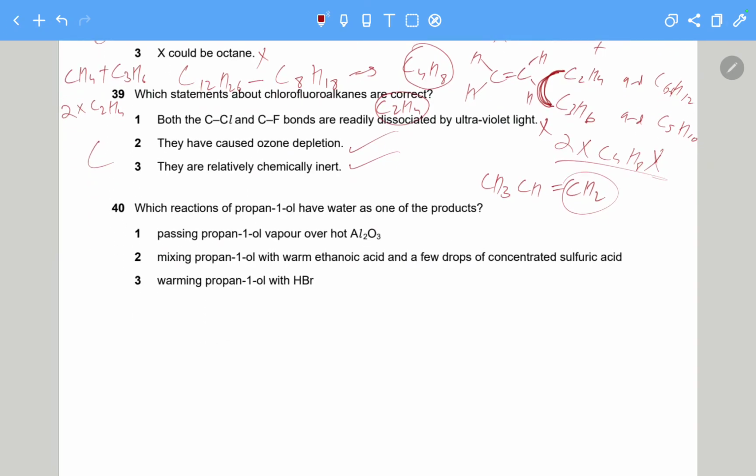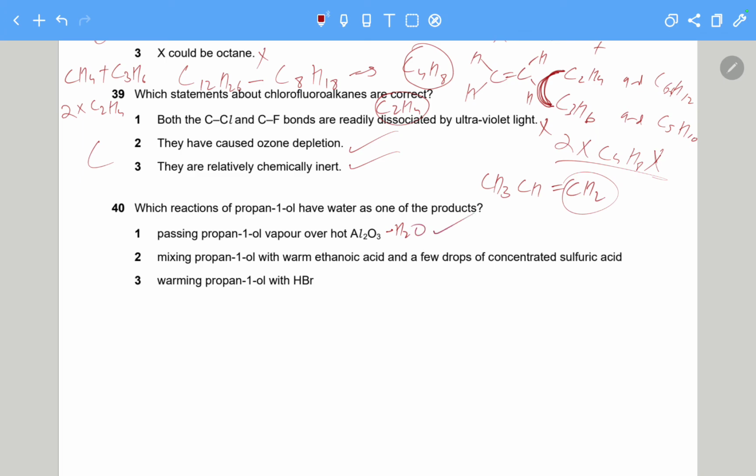Last question, question 40. Which reactions of propan-1-ol have water as one of the products? Passing propan-1-ol vapor over hot Al2O3. This is a dehydration reaction in which an alkene forms. So dehydration releases water to form an alkene, and therefore this is correct because water is one of the